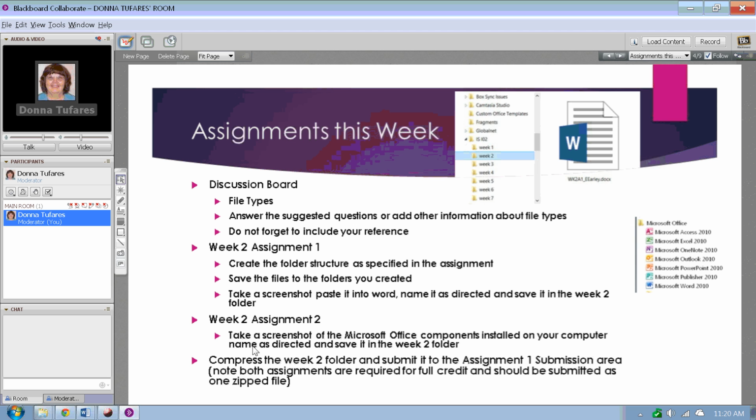Then for assignment 2, you're going to take a screenshot of your Office components installed on your computer. I have a little screenshot over here of my Office installation of 2010. Now if you have Windows 8, you can either take a picture of